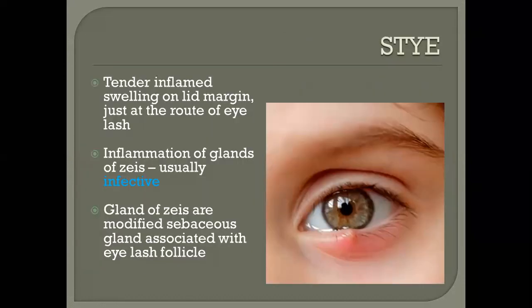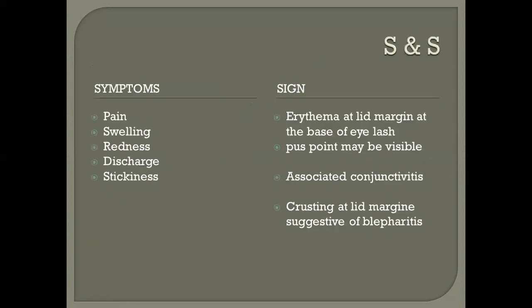So what is a stye? It's a tender inflamed swelling on the lid margin just at the root of the eyelashes, which is an inflammation of the gland of Zeis, and it is usually infective in nature. And glands of Zeis are modified sebaceous glands associated with the eyelash follicle. So what are the symptoms and signs? Usually pain, swelling, redness, discharge, stickiness. These are the common symptoms from the patient side, or you have to look for signs